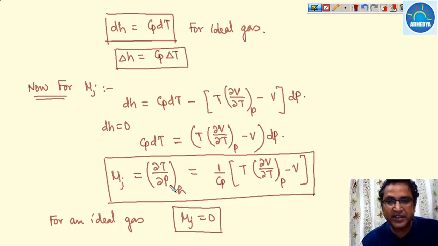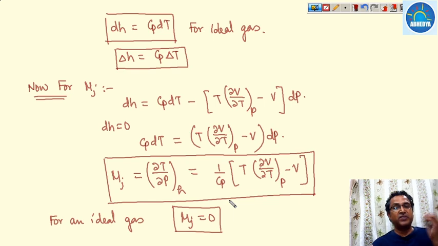When mu j is positive, it means that there is a cooling region. When mu j is negative, then it is a heating region, and no cooling effect will be obtained when the temperature of any substance is more than its maximum inversion temperature, and maximum cooling effect will be obtained when the substance is kept at inversion temperature.